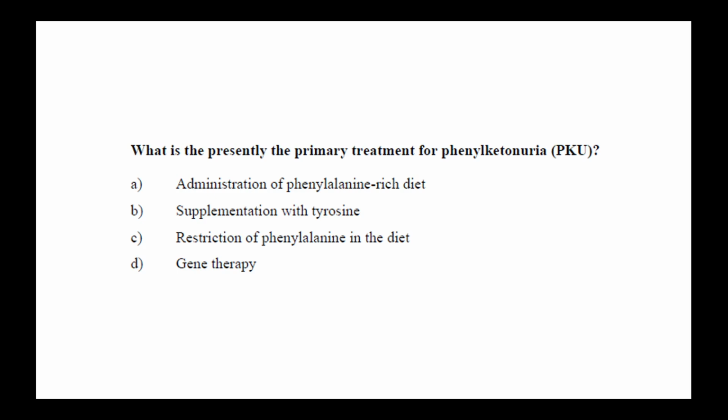You are saying option C, restriction of phenylalanine in the diet. So that is the correct answer. So basically, in case of phenylketonuria, phenylalanine is getting accumulated, right? So if you restrict the phenylalanine content in the diet, then automatically the total amount of phenylalanine in the body will be low. So even if you don't have the enzyme that converts phenylalanine into tyrosine, it won't lead